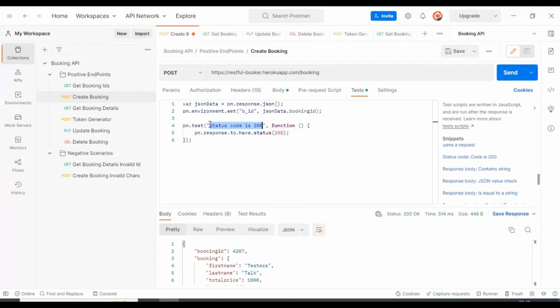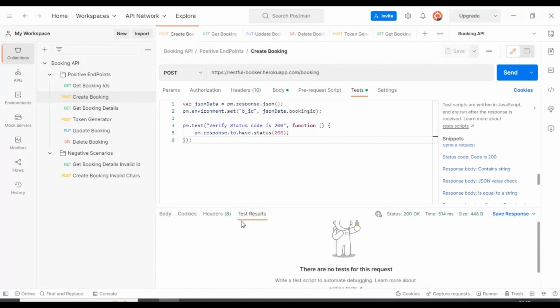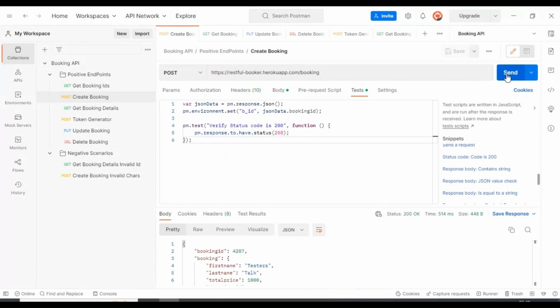So here I'm specifying the test name as verify status code is 200. So that's it. Right now in the test results tab, you're not seeing anything, right? So I have added one test, and it has the one assertion that is validating the status code of the API, right? So let's execute this API,